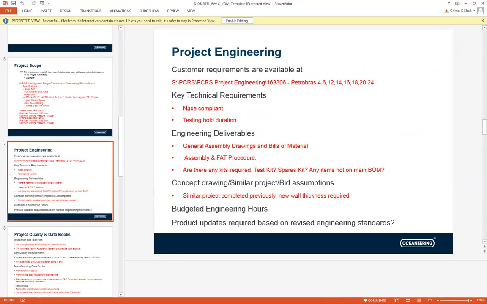Project engineering, you want to call out the key technical requirements. Engineering deliverables, this has been a big debate lately. What is engineering going to deliver, right? Are they giving a general arrangement drawing, general assembly drawing, O&M manuals, storage manuals? Is there a material, is there a FMEA to be done? Is there an analysis to be done? All those were getting lost. So we're trying to get this better where